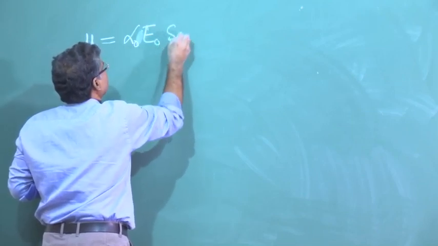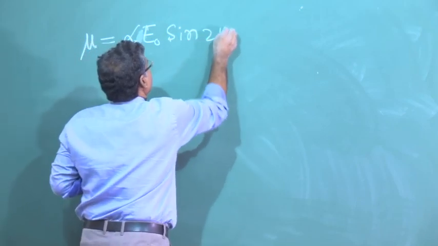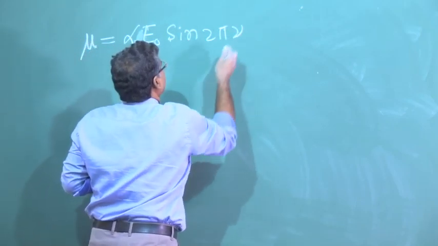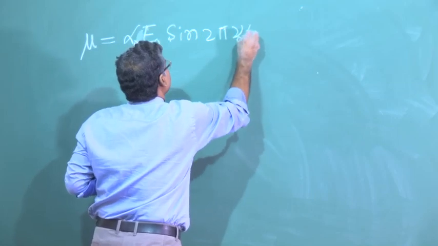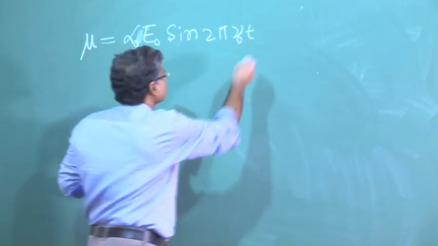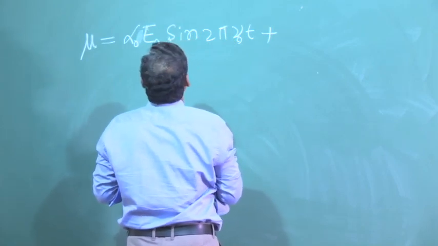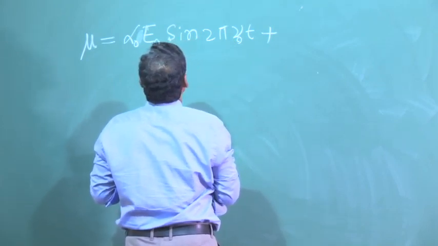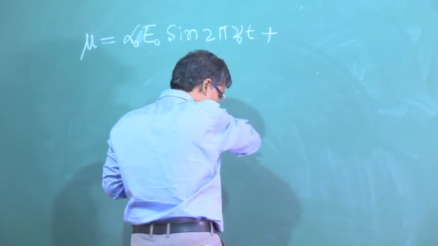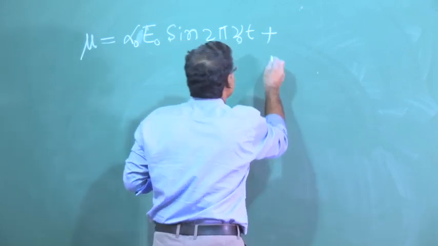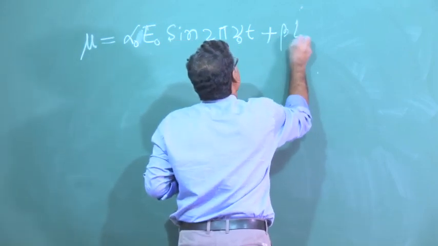That was sin 2 pi nu 0 t plus, then I think alpha 0, then beta E 0,